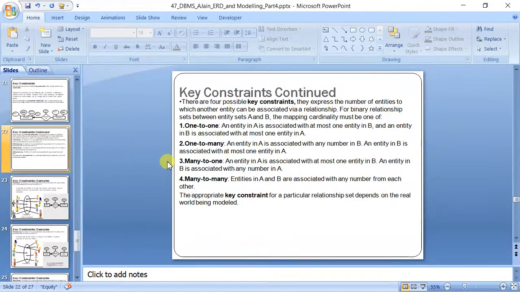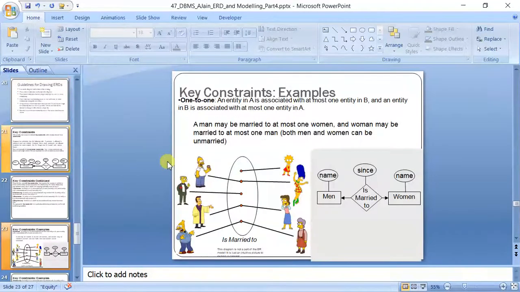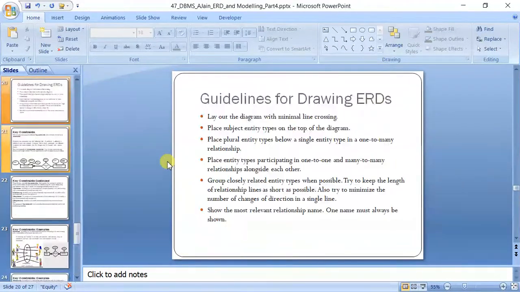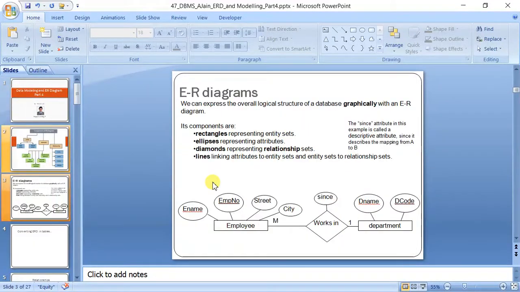As you can see, key constraints are also one to one, one to many, many to many. These all are similar. This we will be covering in our second half, but for now this is sufficient. Okay, so this is how an ER diagram is converted into tables and how relationships are created using the primary key foreign key concept. Okay, I hope there is no confusion.